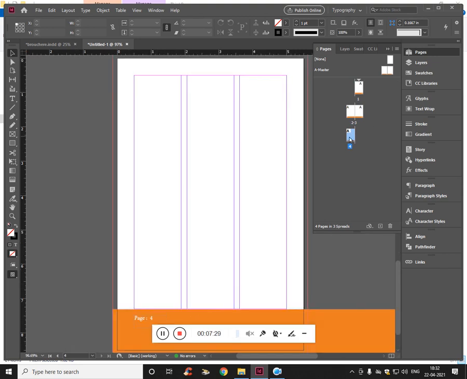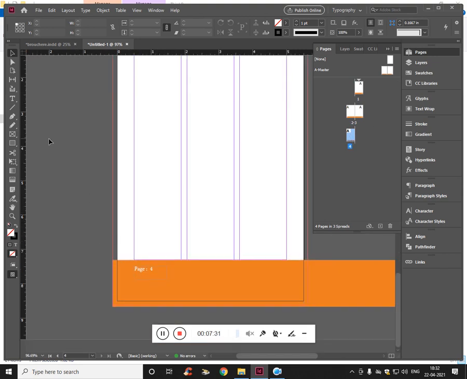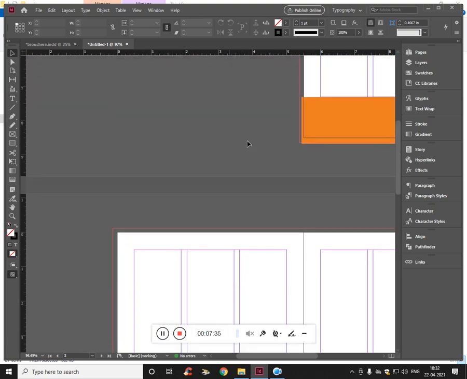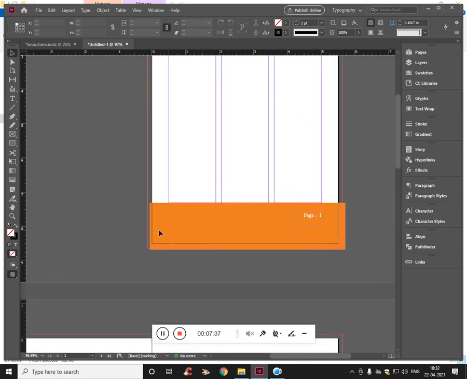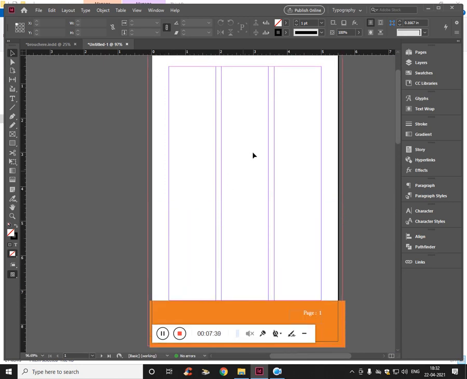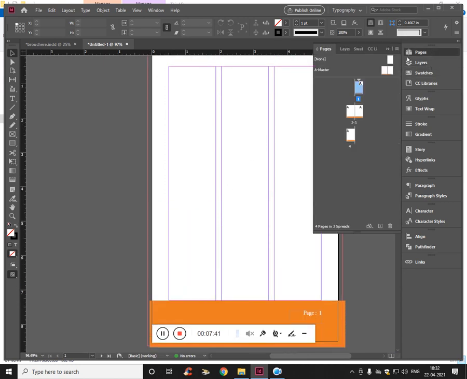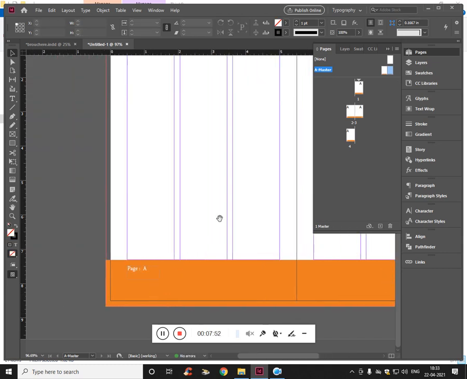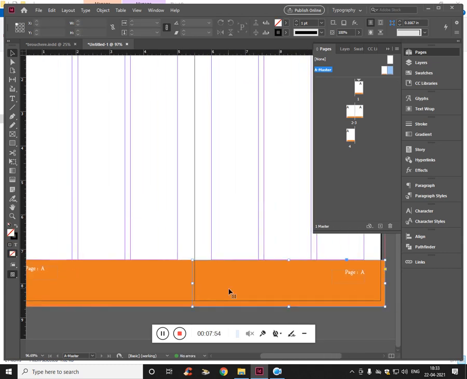Now make this get into the pages, bleed, make sure it fits to the bleed. Well, that's working. Make sure it ends over here. Well, that is okay. Now what we need is, we need to focus on the first page.